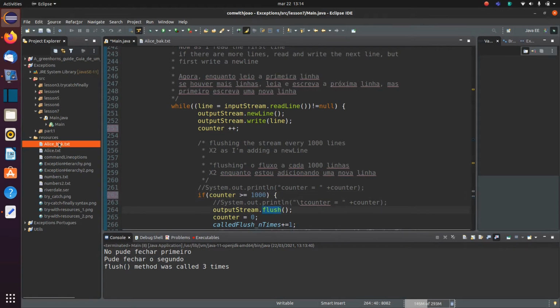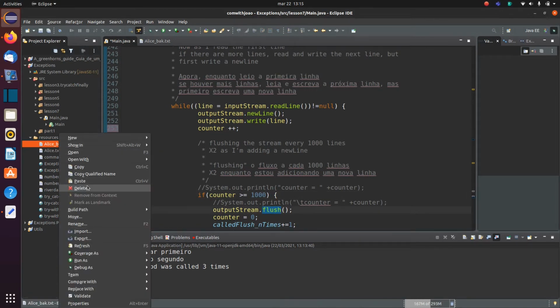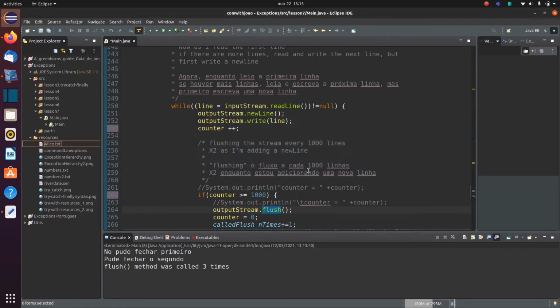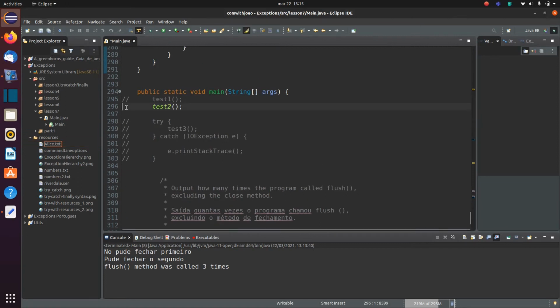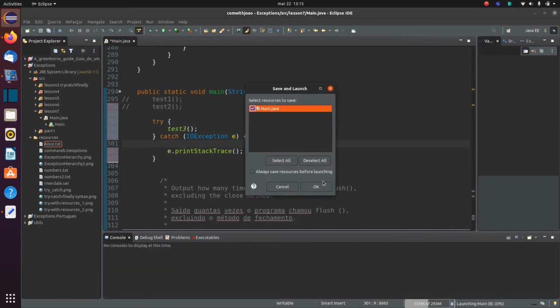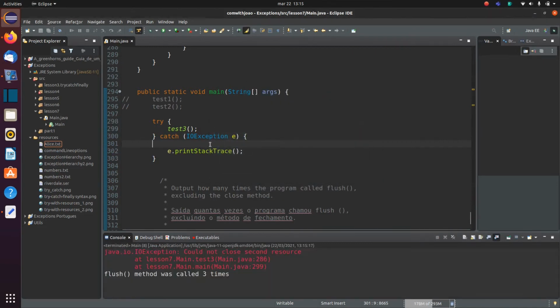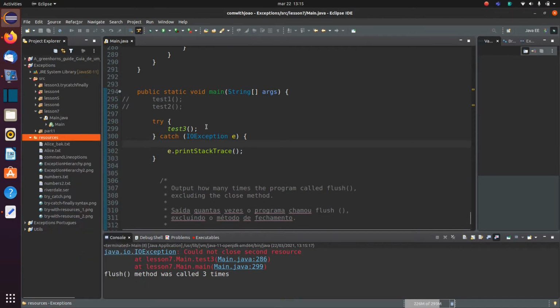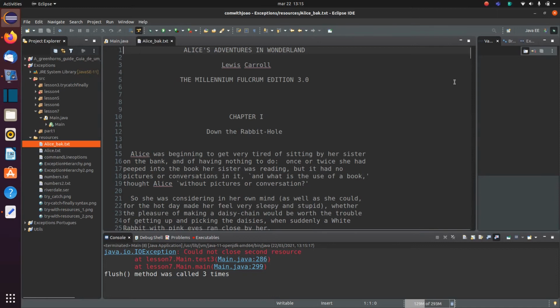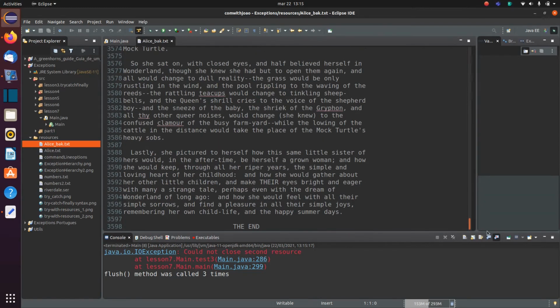And if we test this, I'm just going to delete that over there, and then I will call test 3 instead of test 2. So I'll comment that one out, and let's run it. We're using the IDE. So what I actually wanted to see here is, refresh it, and there's Alice back,